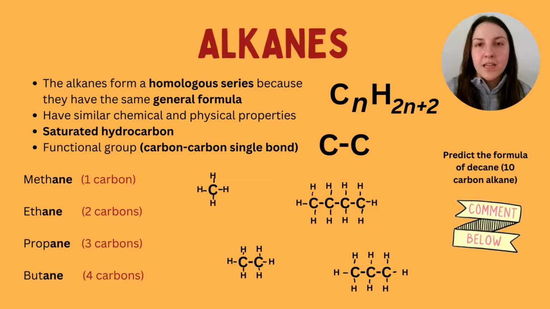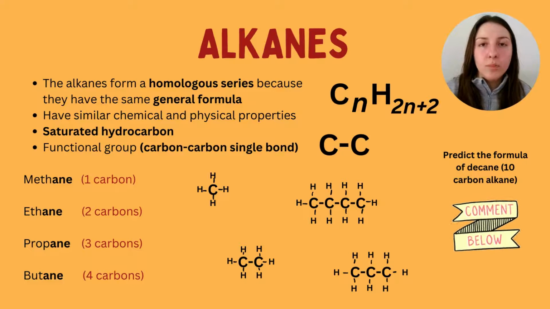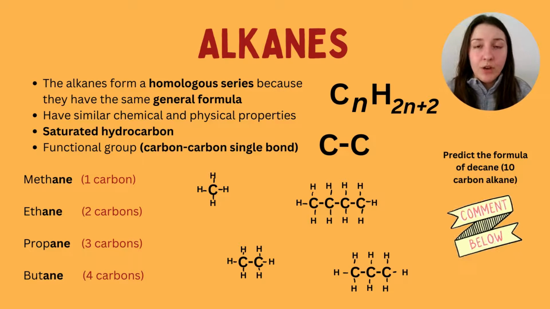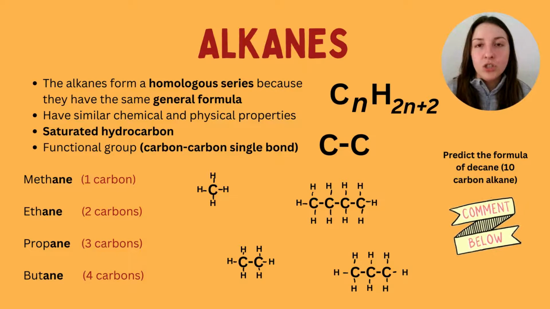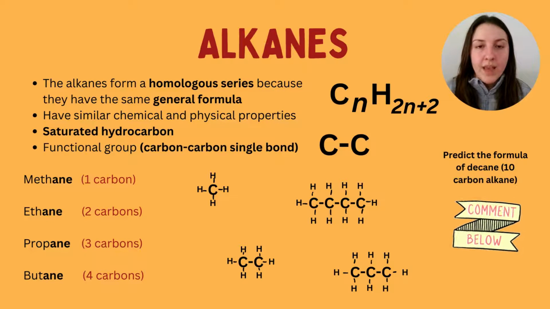So alkanes, like I say, are a family of hydrocarbons. We actually call this a homologous series because they have the same general formula. This means we can predict the number of carbons or hydrogens in that formula if we are given part of the information. So the general formula that you need to know for the exam is CnH2n+2, and n is the number of carbons, for example. So if we know there's one carbon, so n equals 1, we can do the following with the hydrogens. We could do 2 times 1 plus 2, which gives us an answer of 4,